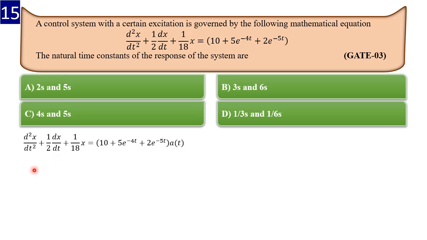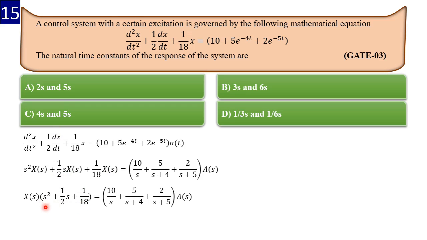Okay, so now let's take the Laplace of this, and the initial conditions will be 0 as always, because a transfer function has no initial condition. Order 2, so s square will be multiplied, order 1, so s will be multiplied here. Now we will take X(s) as common, and X(s) here is the output, so output upon input is the transfer function, but we don't have to find the response here.